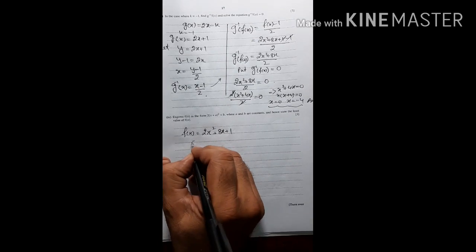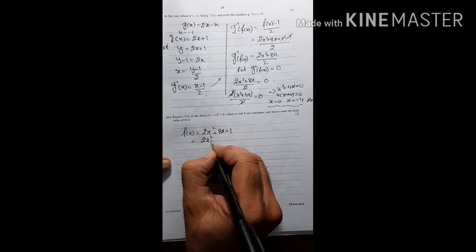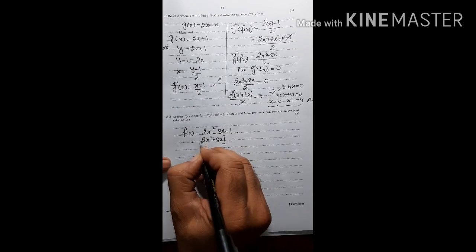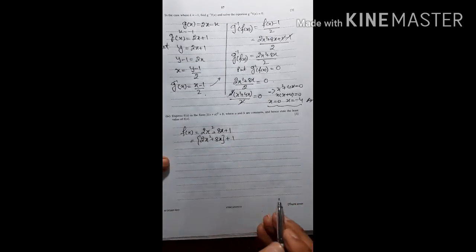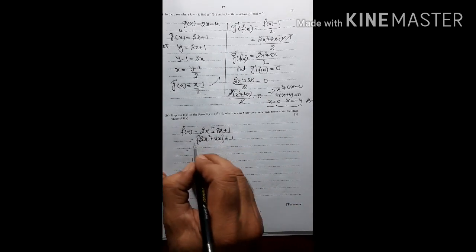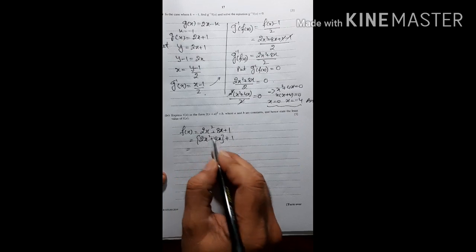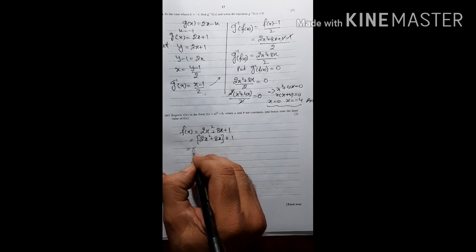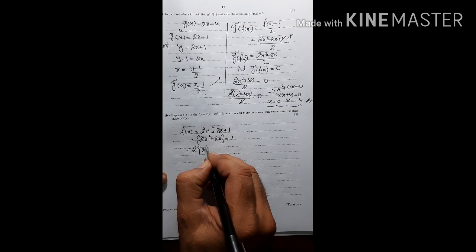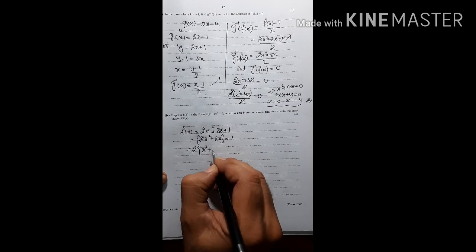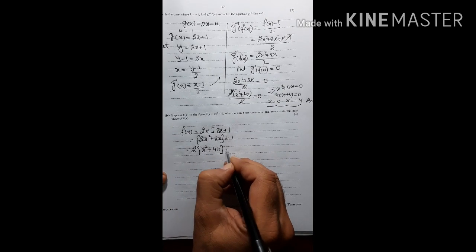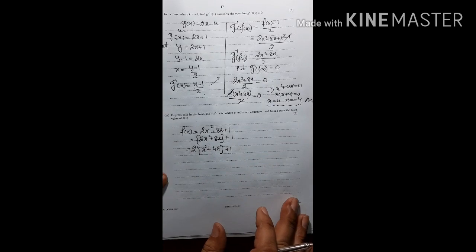So I hope everyone knows how to convert. So 2x square plus 8x, I will separate this part from the other part. I will make this as a whole square, complete square. First of all, I will take 2 common. It will become 2 into x square plus 4x plus 1, and